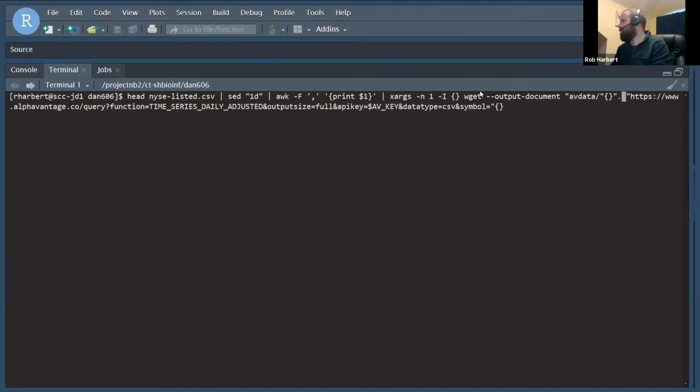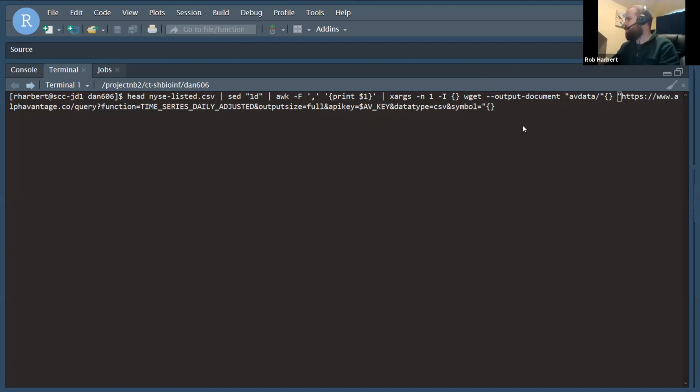Actually, let's just leave off the CSV. We're going to name them solely on the basis of the iterator name. Yeah, let's do that. All right, so now it shouldn't print anything, but it should send one at a time